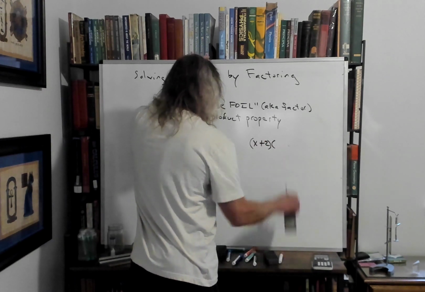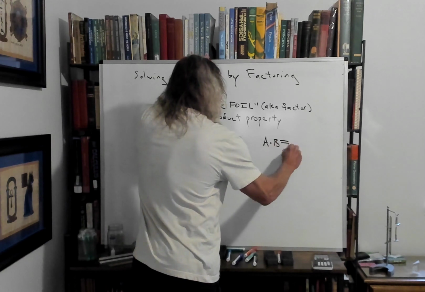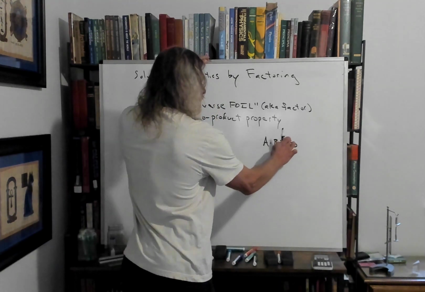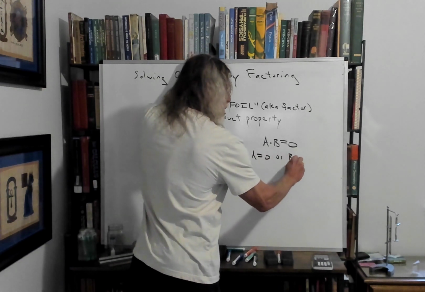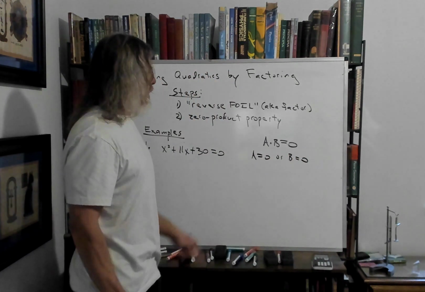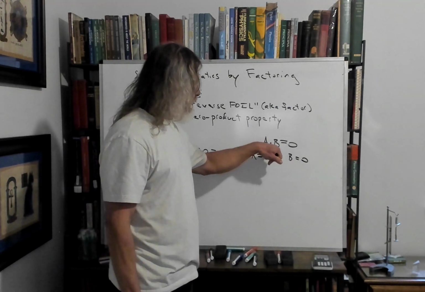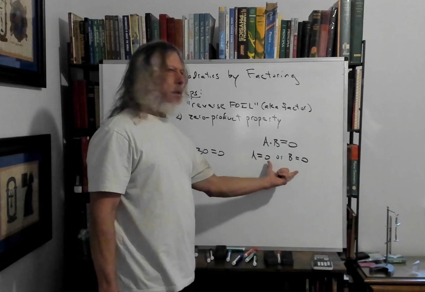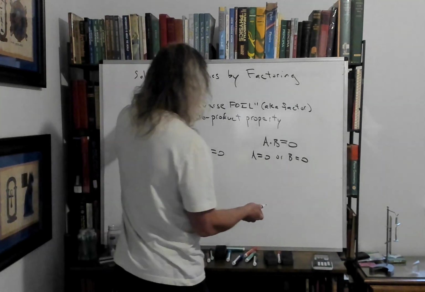First of all, zero product property: you multiply things to get 0. That means one is 0, or the other has to be 0, for this to work. 0 times anything is 0. Anything times 0 is 0. So as long as one of these is 0, we're good. And so then we saw with